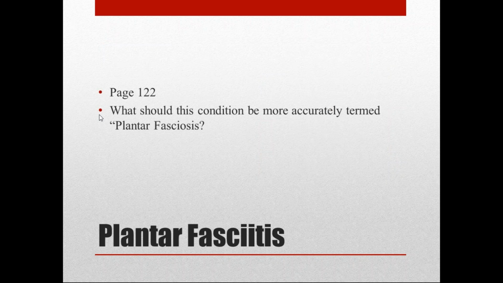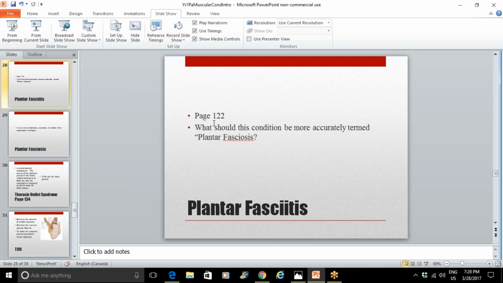Okay, so on page 122, she goes into a little rant. She's kind of like me that way. Okay, why should this condition,